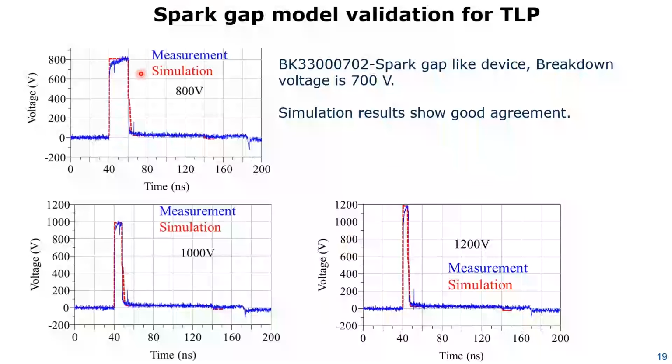Take another device, a spark gap. Bernd said they take too long to turn on. Look at this voltage time. So we're in time domain, and we apply 800 volt to it, quite a bit. It takes, what's that, 20 nanoseconds to break down.